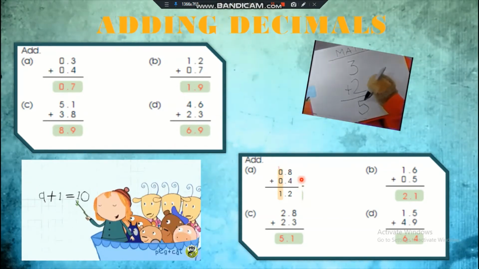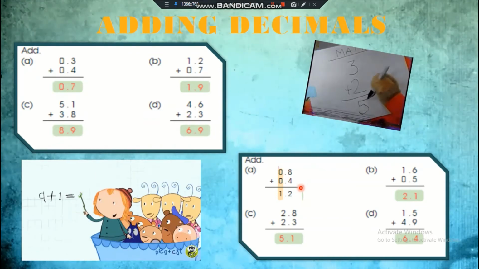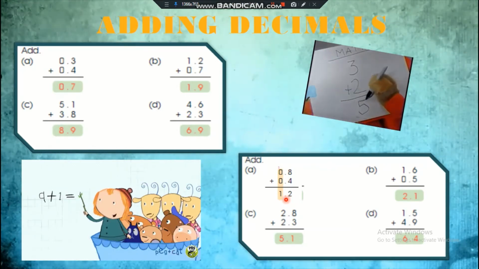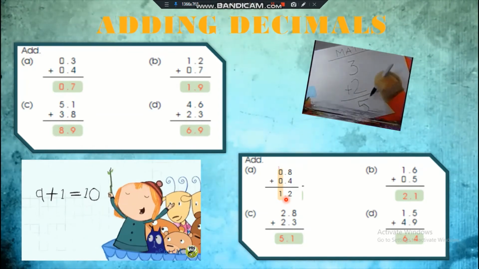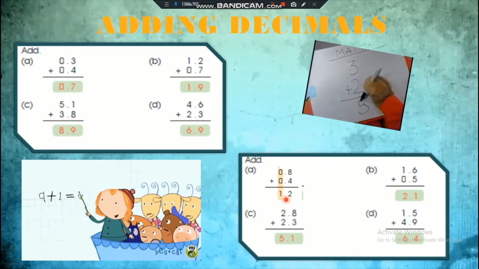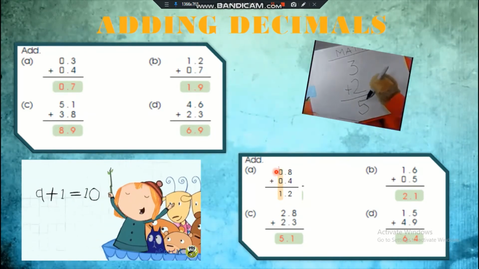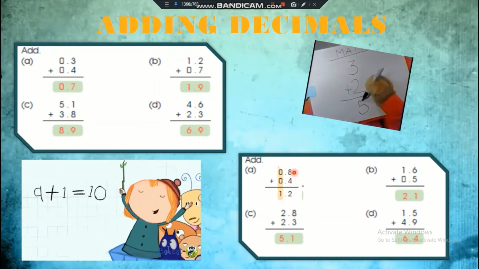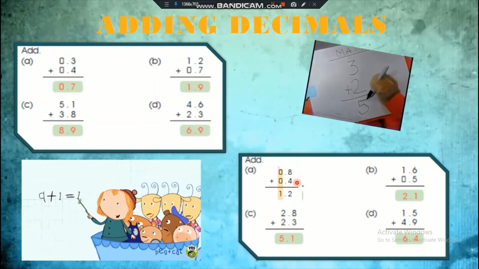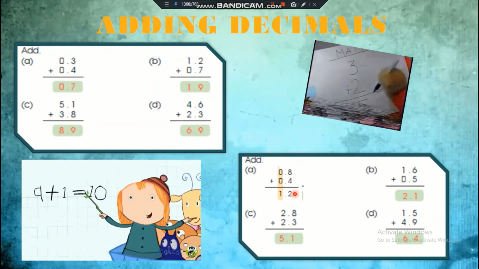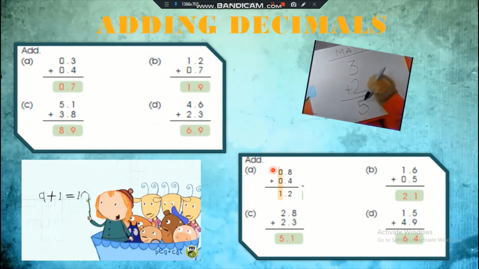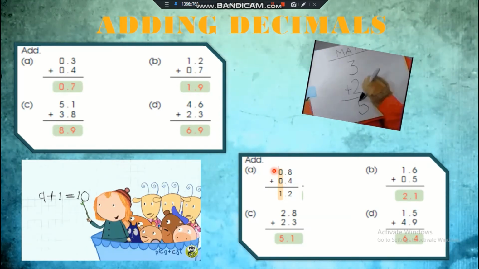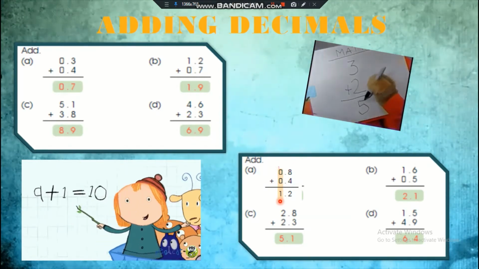Let's see another example over here, but it's a little different. Can you observe how this example is different than the rest of the examples that we have just done? If you can see it over here, we are carrying 1. Can you see this little 1? How are we carrying? 0.8 plus 0.4. 8 plus 4 makes 12. So we carry 1 over here and 0 plus 0 is 0, but here we have 1. So don't forget about this 1. So the answer is 1.2.